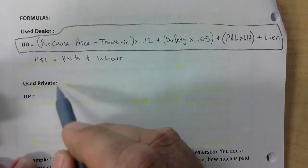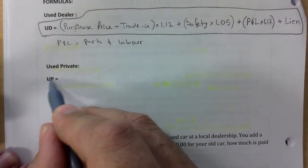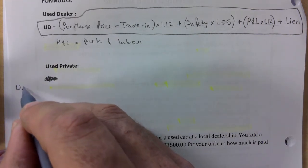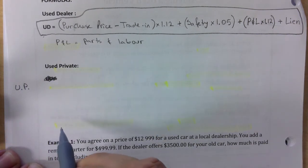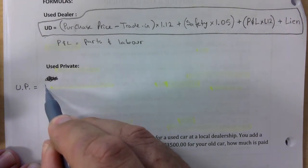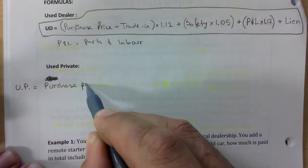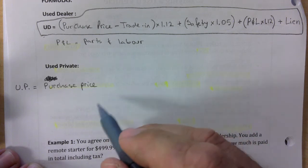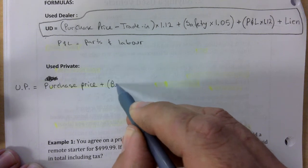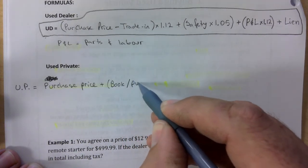All right, use private. Because I know this is a longer formula, I'm going to go further back here. Use private like that. And here we go. Purchase price plus book slash purchase price